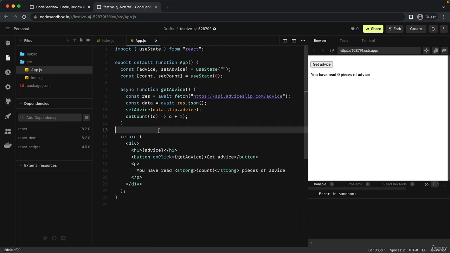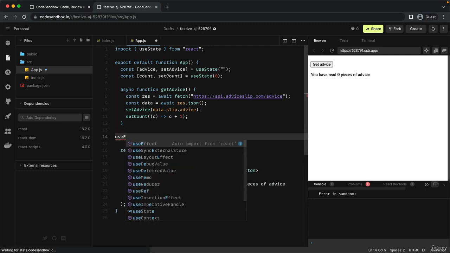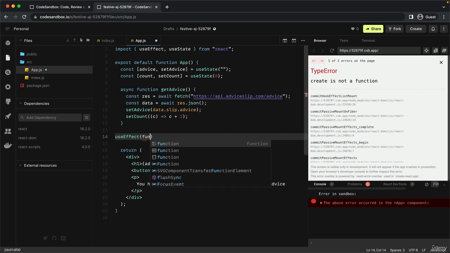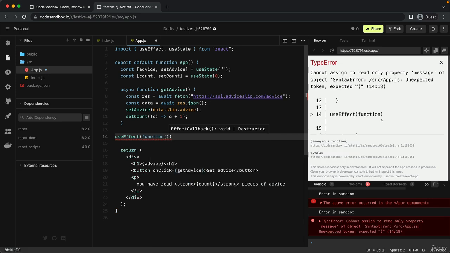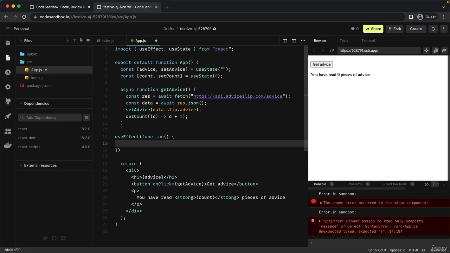And we can do that with something called an effect. So we can use useEffect. And again, it needs to be imported here. So make sure that useEffect is up here. And then into useEffect, we pass a function. So what do we want to happen here? Well, basically exactly the same thing as here. So we can simply call getAdvice,